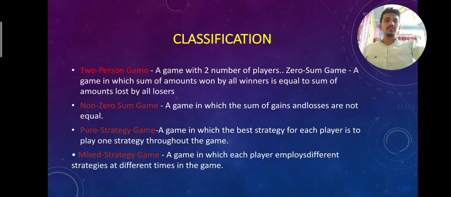Next is classification. There are various types of classification. Two person game: a game with two players. Zero sum game: a game in which the sum of amounts won by all winners is equal to the sum of the amounts lost by all losers. Non-zero sum game: a game in which the sum of gain and loss